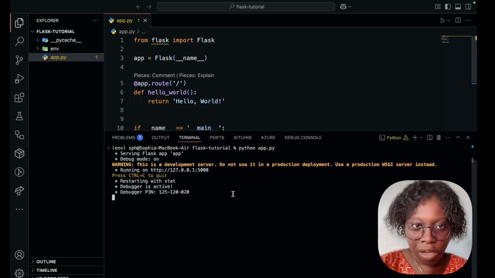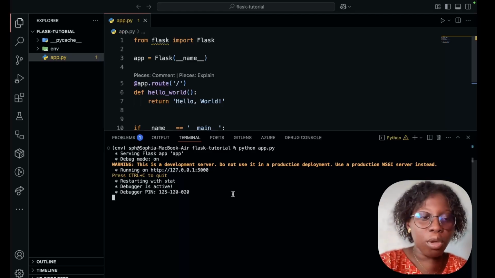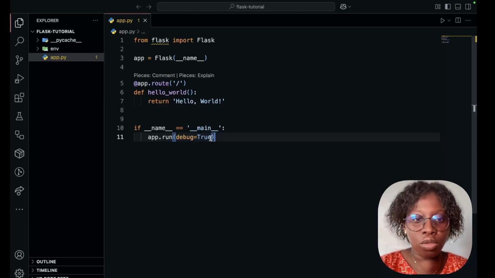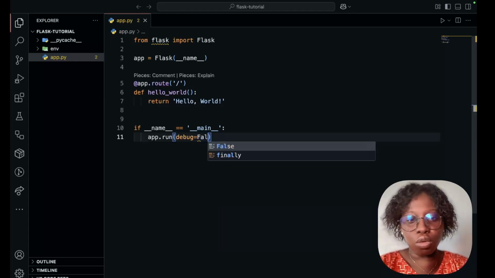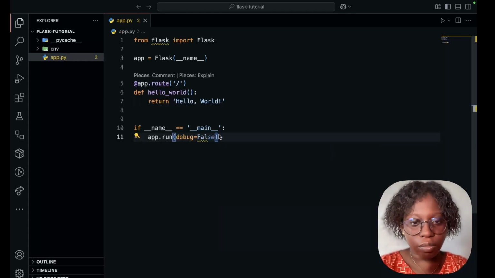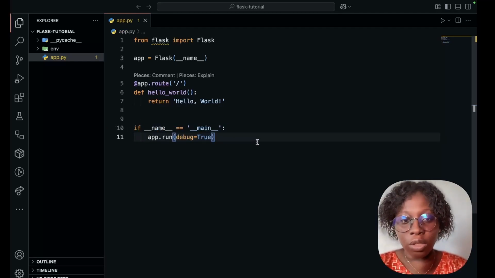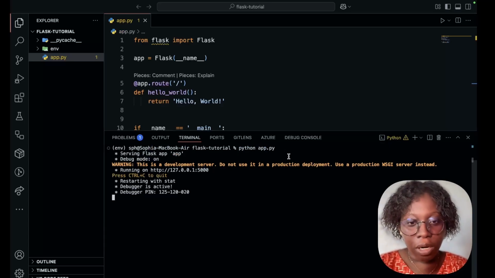This is usually perfect for the development phase, but if you want to push this to production mode, ensure that you change this to False. Okay, and that is how you can get your Python application running with both python app.py